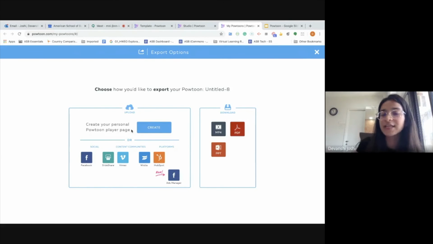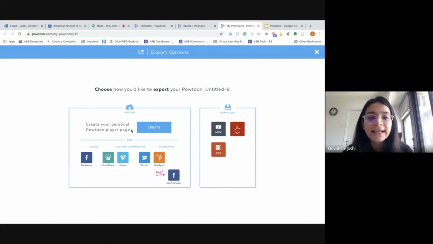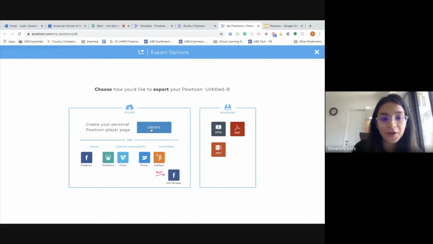player page. So it works similar to Loom, how you could have your video on Loom, share the link, and then everyone has an option to go ahead and see the video. The same way in Powtoon, you can just upload it to your Powtoon player page, and the video gets shared there. So I'm just going to tap here. You also have an option to download it to MP4, but that's for the pro version. So I'm just going to show you how you could do it in the free version.